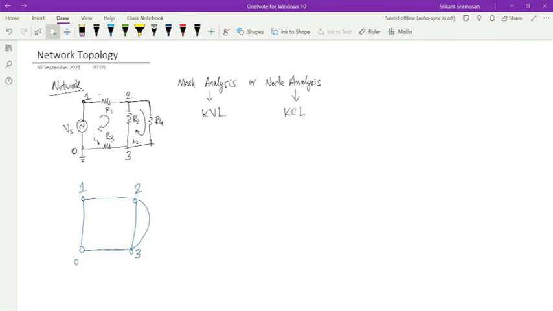So the point is that when you draw, if you remove all these elements and you remove all these sources, it's very easy to visualize what is my underlying network. Okay, we see many standard topologies when we are solving the various networks throughout the course, and we went through all these various two-port networks, and we saw some standard topologies, right? What were those? For example, what was this one?